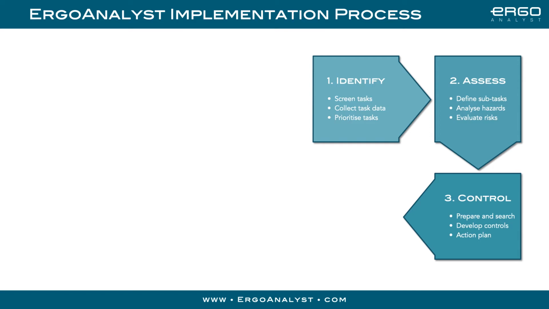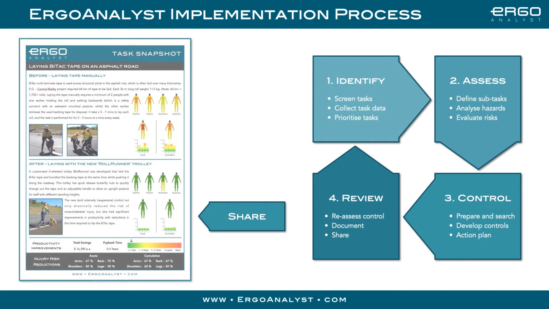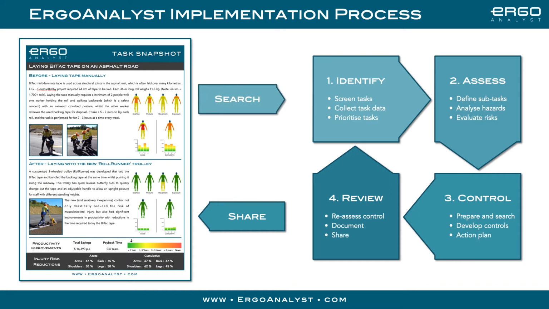Finally, once the control has been implemented, it should be reviewed and reassessed to ensure it is effective before developing the ErgoAnalyst snapshot report, and then, if appropriate, sharing it with the wider ErgoAnalyst community. This process can also be sped up by first searching for pre-existing controls after a hazardous manual task has been identified. In this way, the ErgoAnalyst process can be a cycle that both provides and generates a continuous flow of